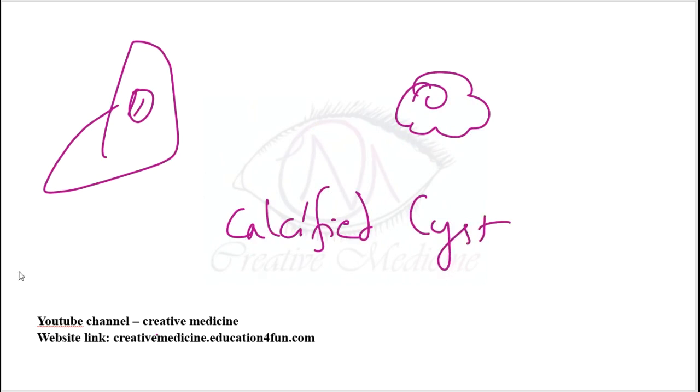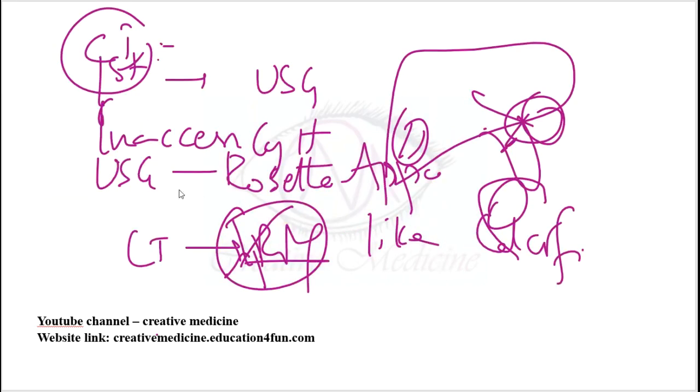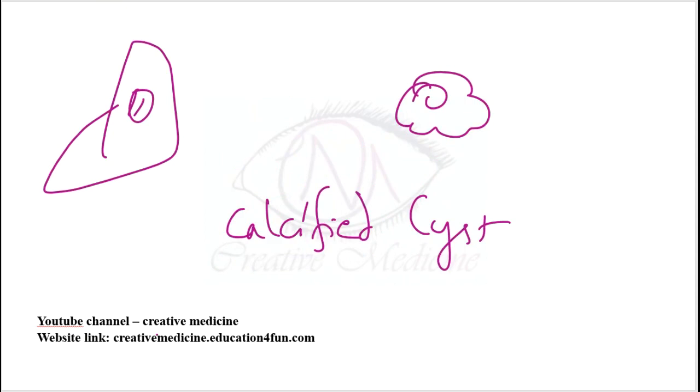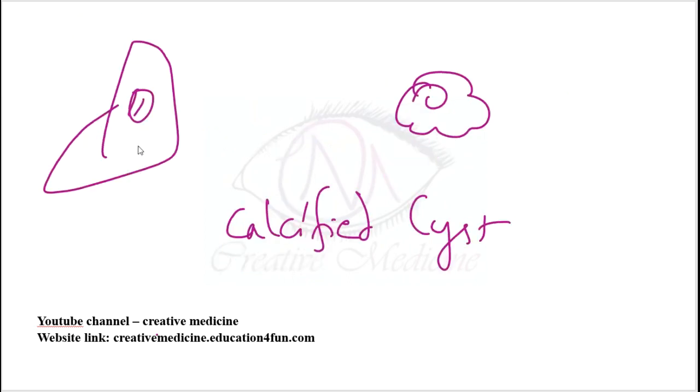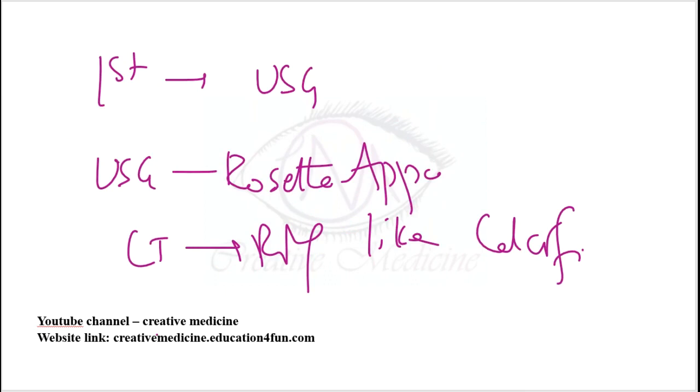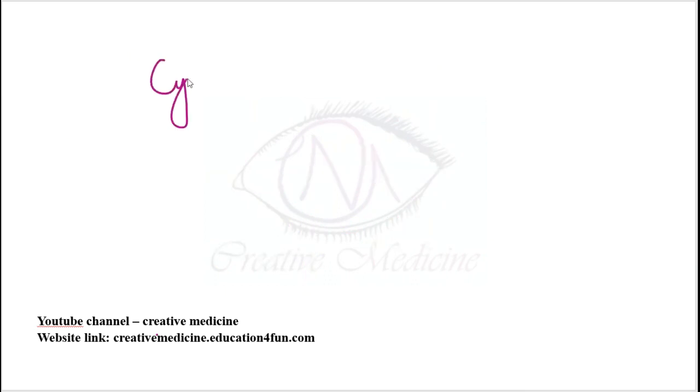So what are the contraindications of PAIR? If it is an inaccessible cyst, or a peripherally located loculated cyst, if there is communication with the biliary duct, or if the cyst is present in the lung or brain, or a calcified cyst, you do not do the PAIR technique. Then you can do cyst evacuation.